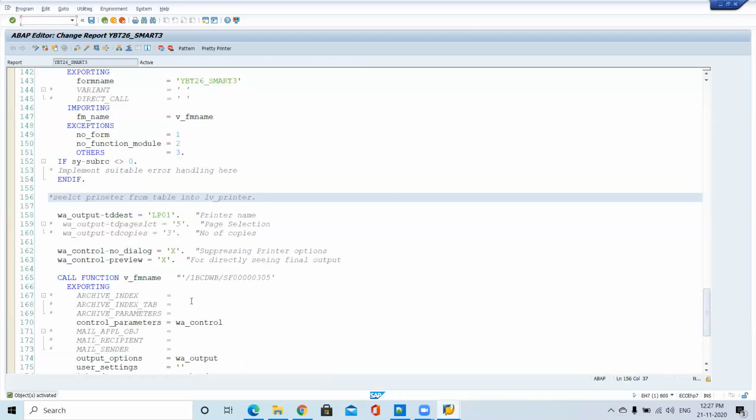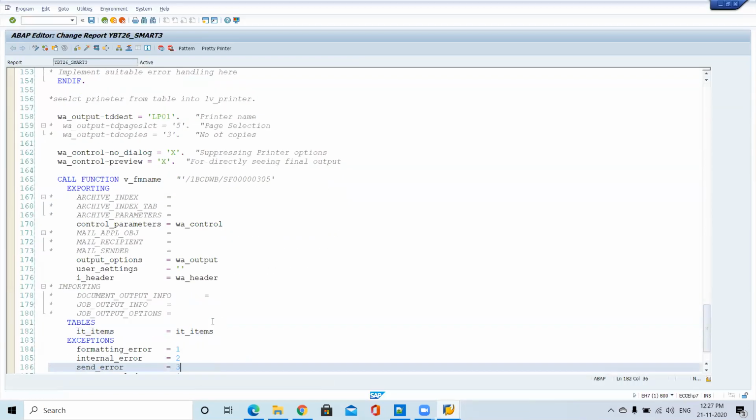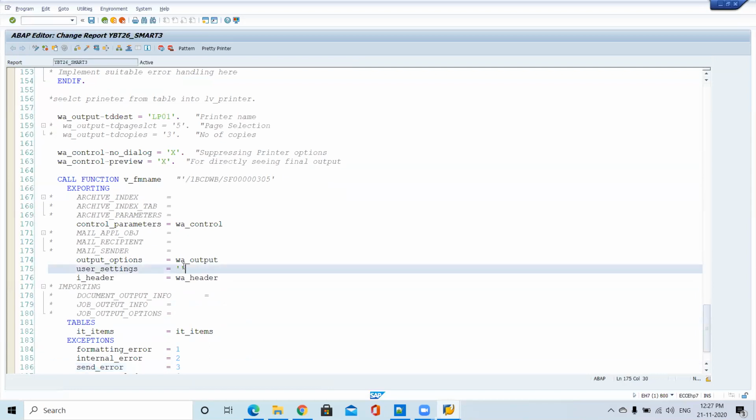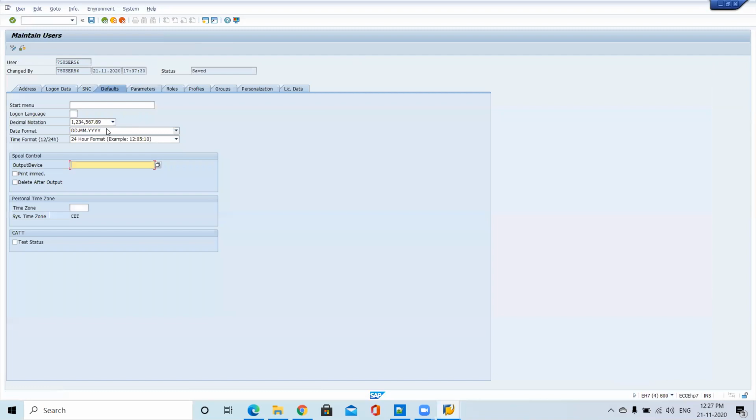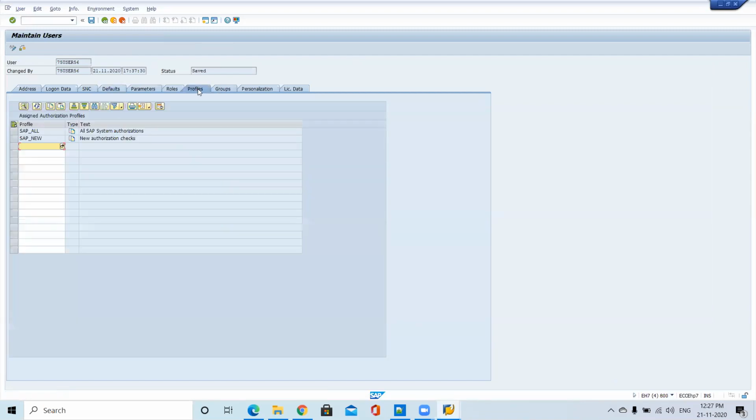That is standard, sir. It works perfectly. There you have to pass X, then it will take it from your user settings, from the profiles. I never developed any code for this. I'll check once again. Actually, this is again an industry specific concept, sir. I never use this one, but it may be simple.